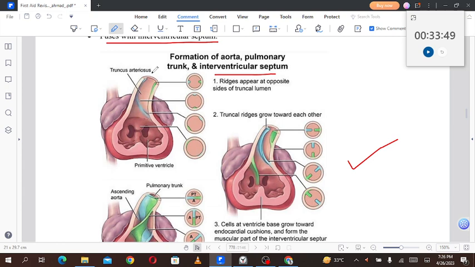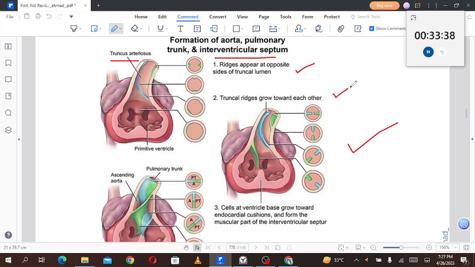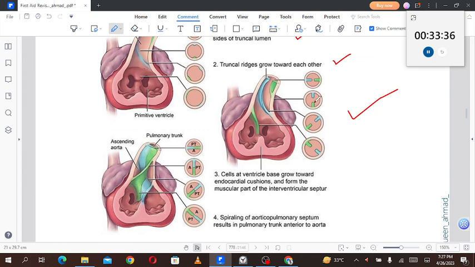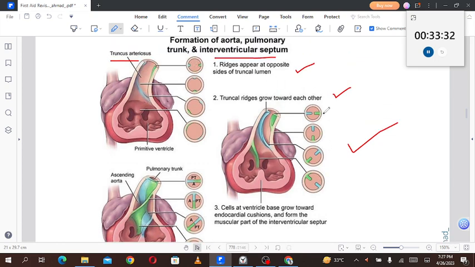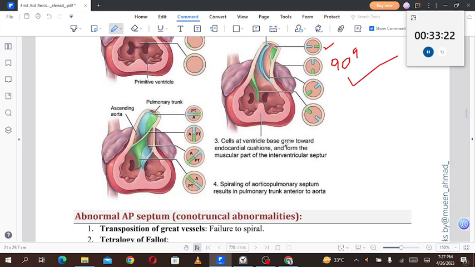So here you can see the truncus arteriosus. The ridges appear at opposite sides of the truncal lumen. The truncal ridges grow towards each other, and then they rotate all the way, like they were facing each other over here. Then they moved 90 degrees, then more than 90 degrees or something. Okay, so the cells at the ventricle base grow towards the endocardial cushion and form the muscular